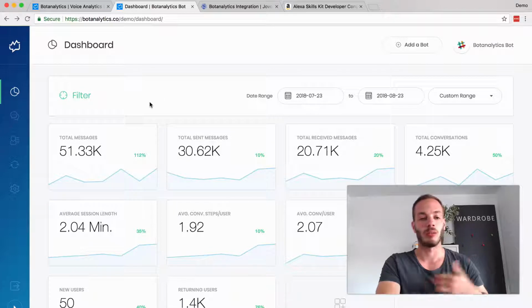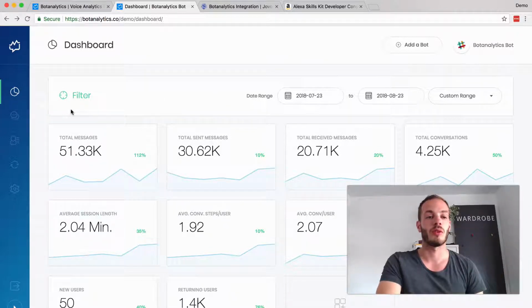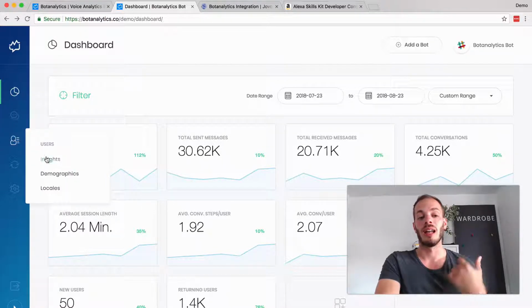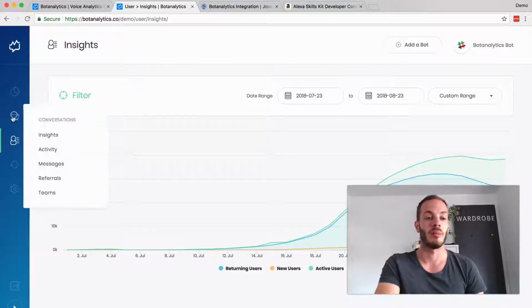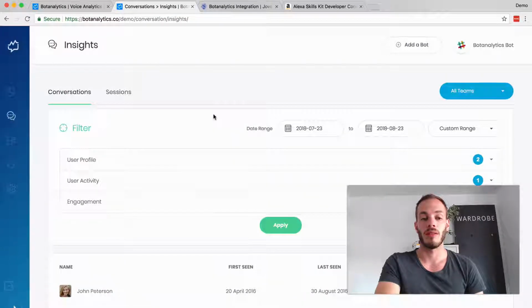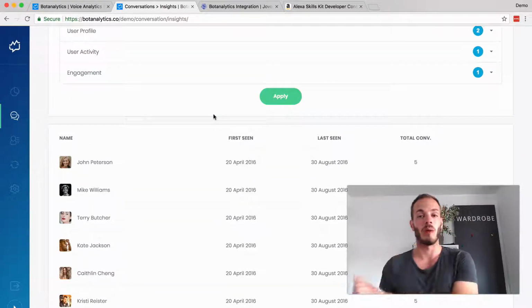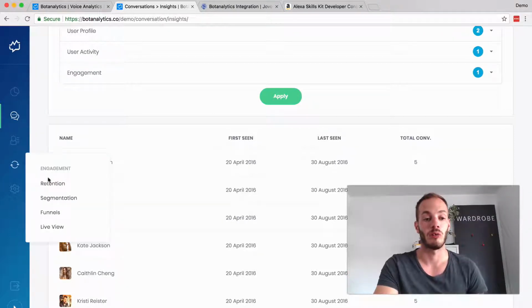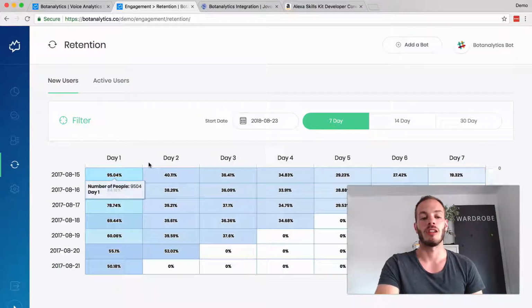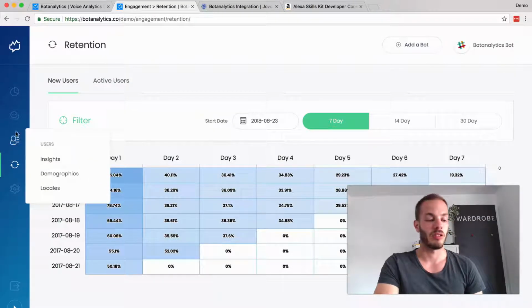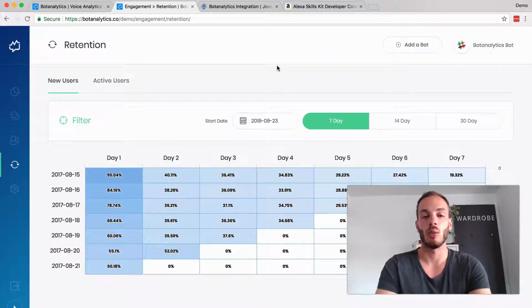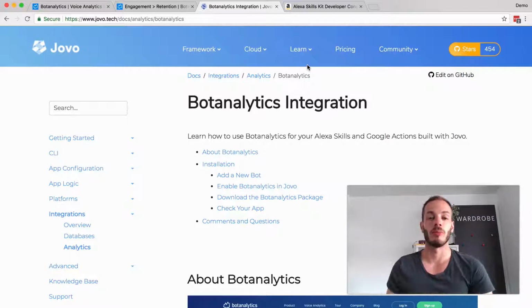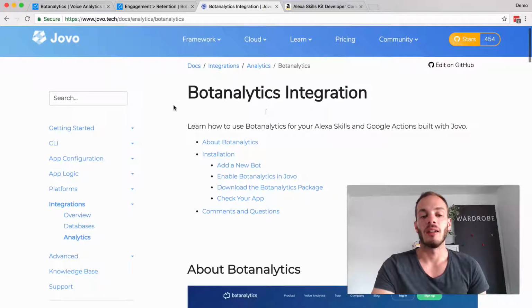They have a dashboard with some usage metrics, for example, but they also have conversational filters. They have insights grouped by users, for example. There's probably a bunch of stuff that works very well with text-based chatbots, but not with voice. But then there's a lot of things that are super interesting to see, like retention, for example, and some other stuff. To get started, we created a page in our docs for the Botanalytics integration, and it's just